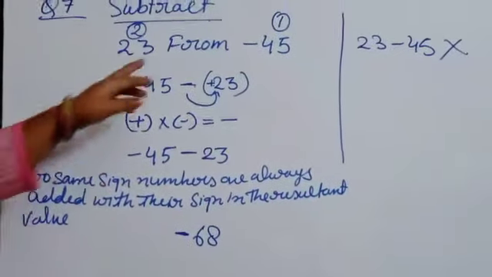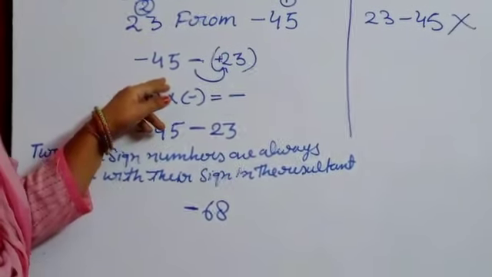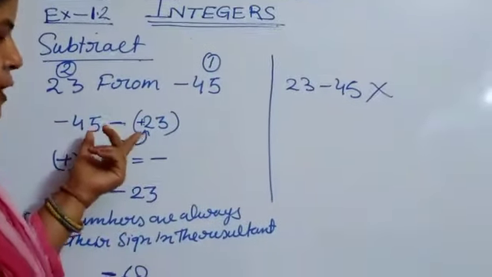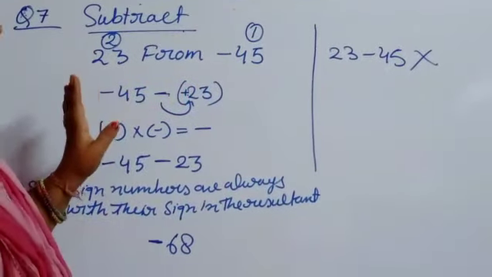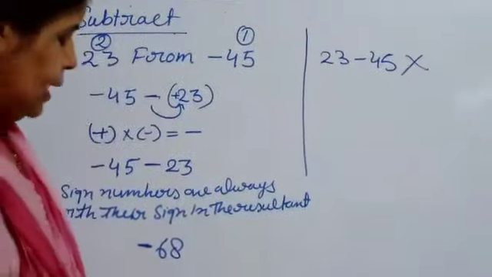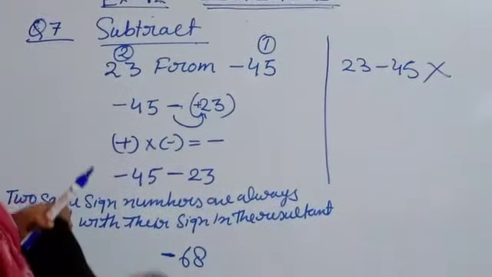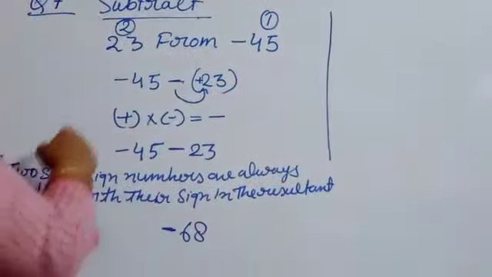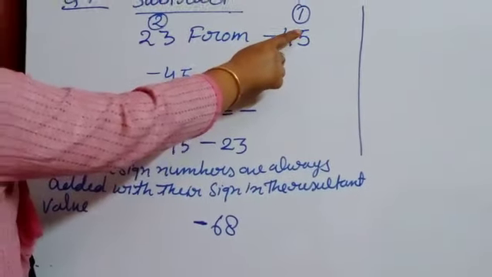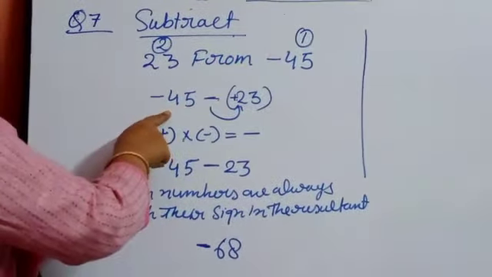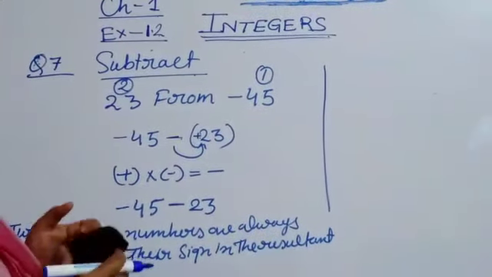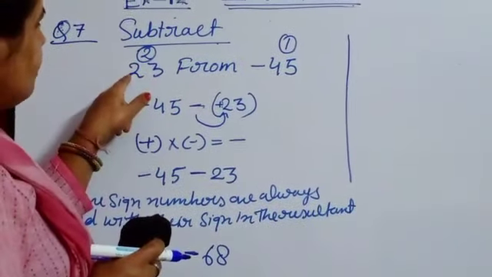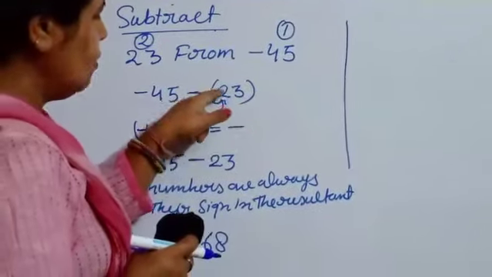Okay. From means the number after "from" always comes first. The first number always comes in the second position if the "from" condition is given. If the subtraction is already given along with the subtraction sign, then there will be no need to do like that. But here, if these kinds of subtraction are given, then we will do it in this way. That's why we have given these numbers 1 and 2: the number after "from" will come in the first position, minus 45. Then for subtraction, what sign comes? Minus, and this number having a plus value, so keep it inside a bracket.